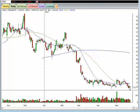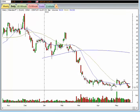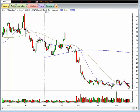Okay, so this one, again, not looking that great from a long perspective. I'm still leaning long on it. Okay, got a small position on it long. Getting out though if it breaks below this 1235 area, whether it's Tuesday, Wednesday, Thursday, or whatever, and may look to pick up some shares here in this area